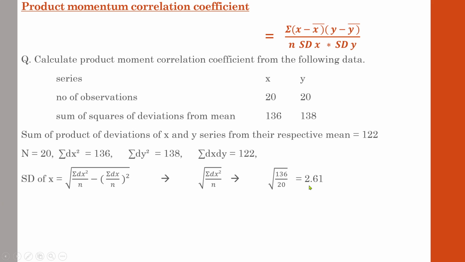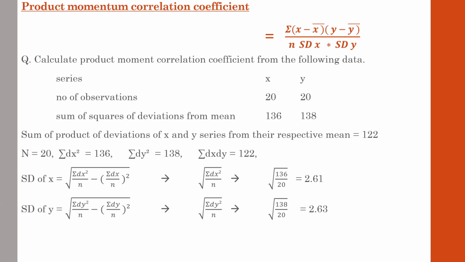Similarly, you need to do the same for the standard deviation of y. This is the usual equation. Since there is no information regarding the second part, we are only taking this one, sigma dy square by n. Just substitute the details in the equation and you will get the answer 2.63. So you have found the standard deviation of x and the standard deviation of y. See, the equation is like this,